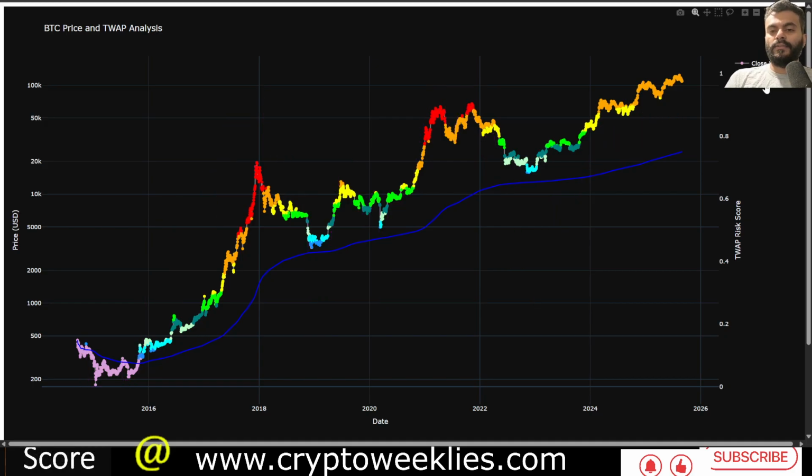Again, as the price of Bitcoin goes up and to the right, the time weighted average price also has a positive bias and goes up with time as Bitcoin goes up with time, and it has a step function rise towards the end of the halving year and the post halving year, like it did in 2017. You can see from 2016 till the end of 2017, early 2018, the time weighted average price has had an incremental step function rise. It won't always be a step function, but as the market cycle gets heated up in the post halving year, it will have a significant rise in that year and then flatten out the trajectory